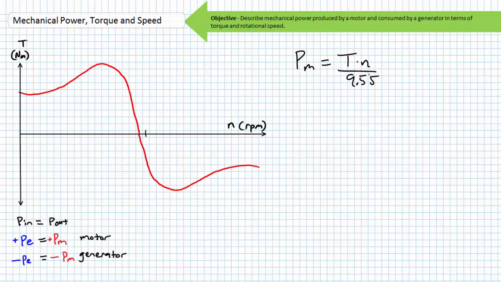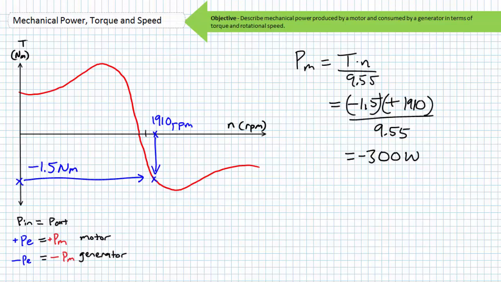If we had a positive speed and a negative torque, this would mean negative mechanical power. Let's take this point right here, where the rotor is rotating at 1,910 RPM in the clockwise or positive direction. However, torque is a negative value of negative 1.5 Newton meters because it is counterclockwise, in opposition to the direction of rotation. You get it? Substituting in the necessary values, taking into account polarity, positive times negative yields a mechanical power output of negative 300